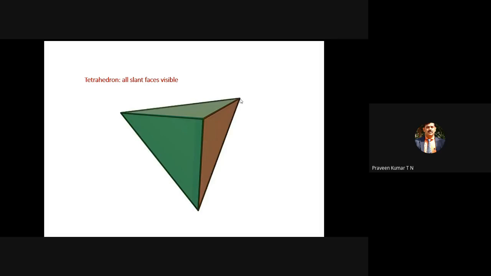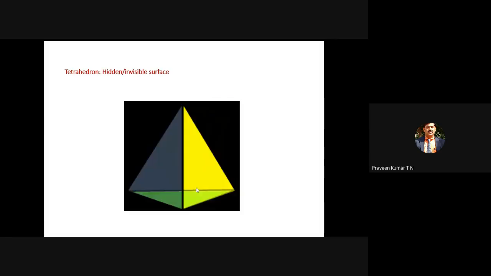But you are not developing the bottom surface. You are totally removing this bottom surface. You take the scissor and cut this portion, the bottom surface, you remove it, then cut along the vertical edge and open it. That will be the development of the solid. Like this, we have one more solid here. Taking the scissor and cutting the bottom surface, you take out the complete bottom surface, so you are left with only the hollow surface.